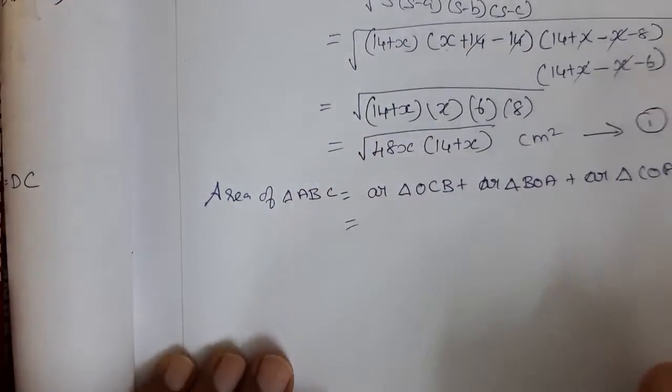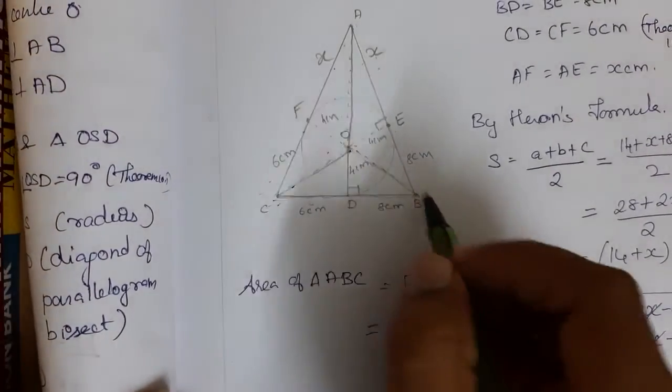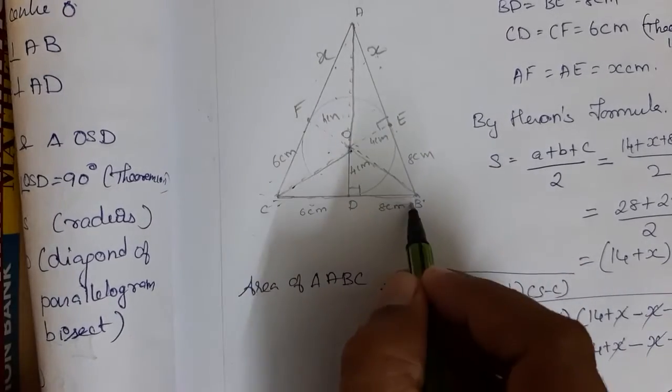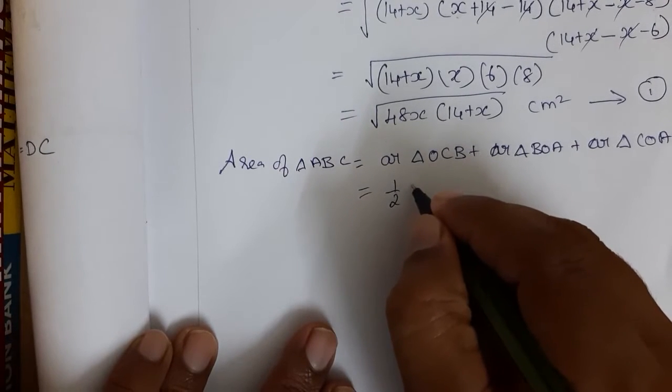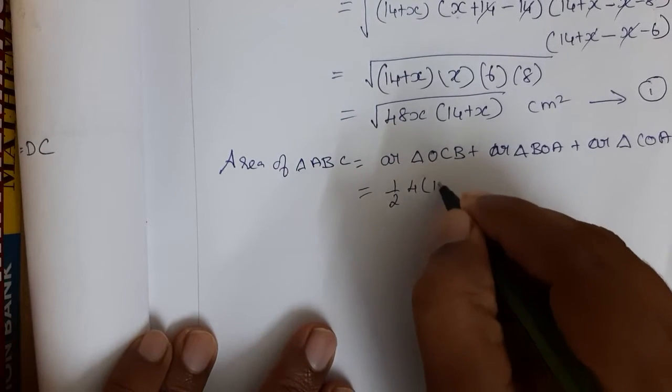So area of triangle OCB: this is the perpendicular height 4 centimeter and base is 14. So half into 4 into 14,